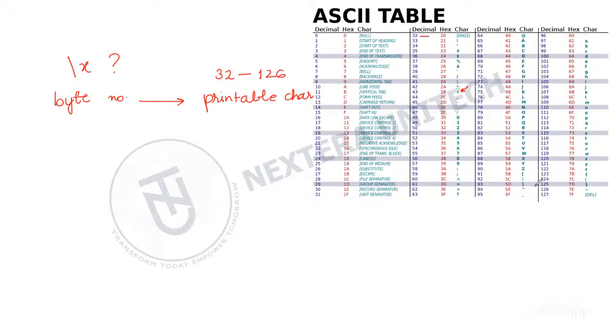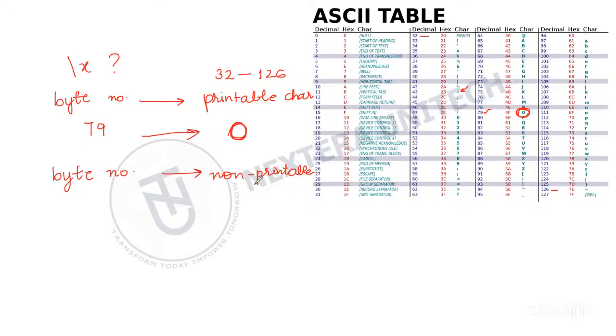So when your byte number is any number between 32 and 126, that is a printable character, so it will show that character directly. Let's say some number 79, in this range. We have a byte number that is 79. So what will it be? 79 here is the character capital O, right? So directly it will print O. But if we have any byte number which corresponds to non-printable characters,